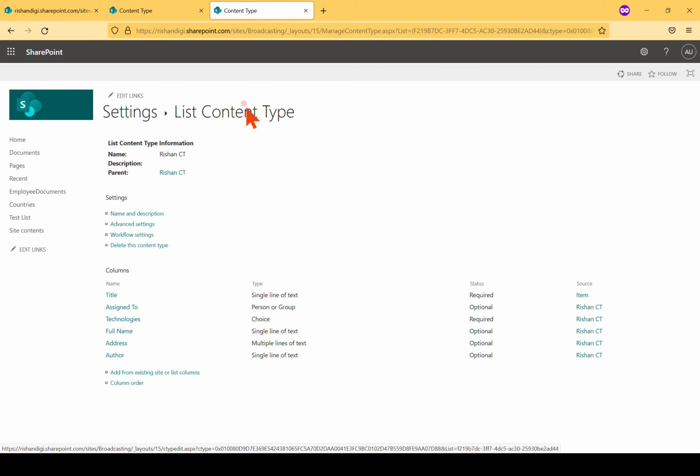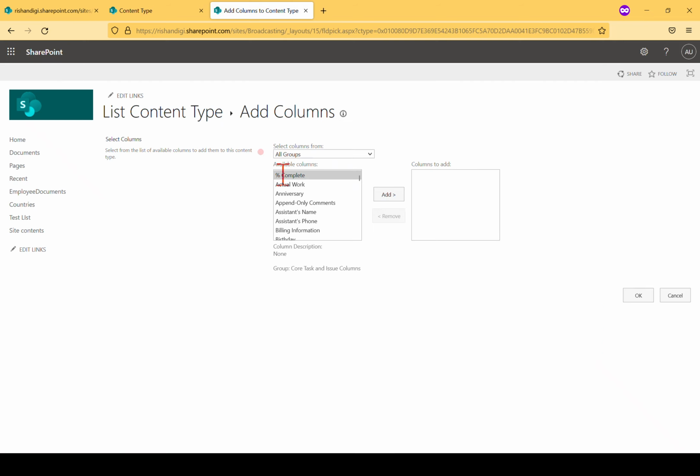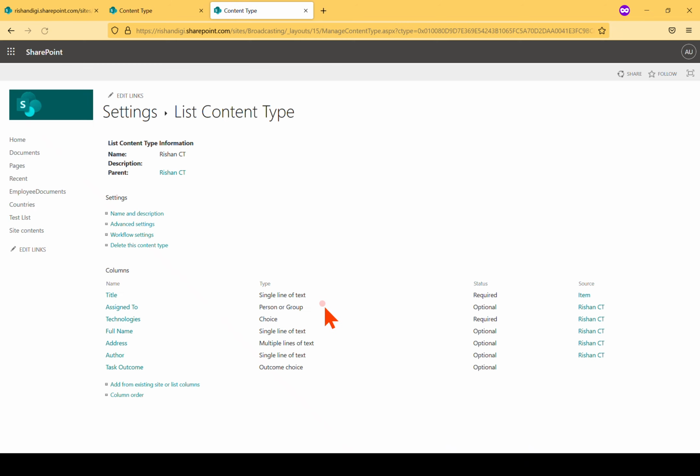But when I try to open this one, I can see it is named as a list content type. If I try to add from existing site columns or a list column to this one, if I hit this one, I can see these columns. I can add from the list columns as well. In this list, I don't think we have any columns, so we'll see that one. For example, I have some custom columns. There is a task outcome, and I'm trying to add this to this content type. At the bottom, we don't have an option to